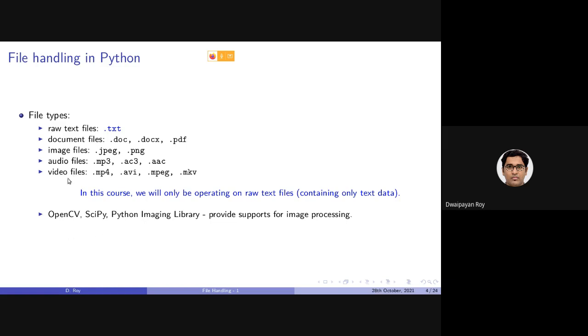These audio files, video files and image files are actually stored as binary data, and this binary data handling can be done using some of these Python packages. But as I said, in this course we will be concentrating on raw textual data where the information is stored as text.